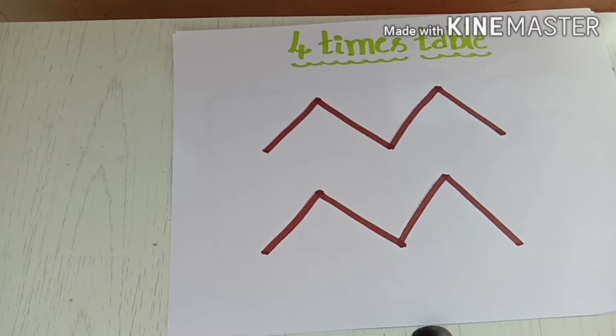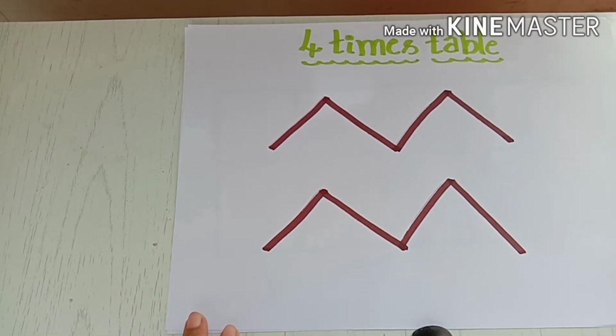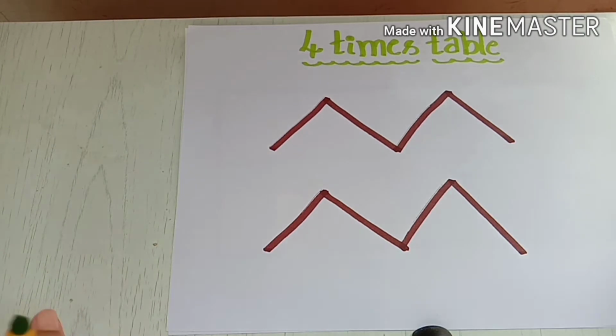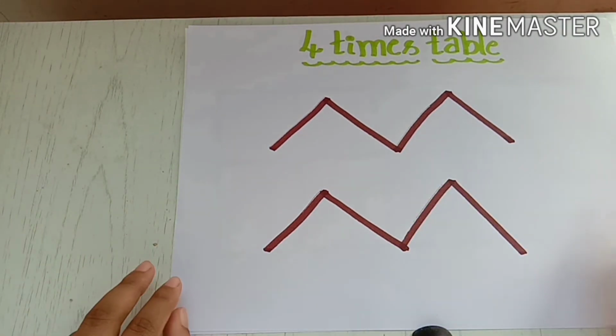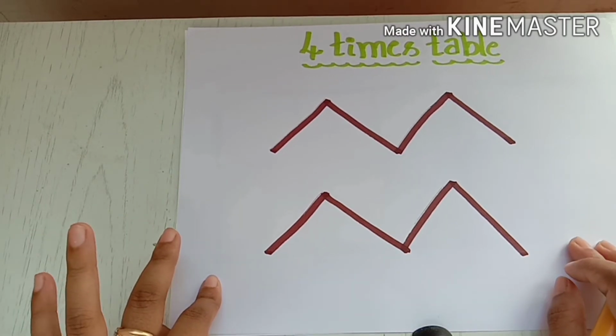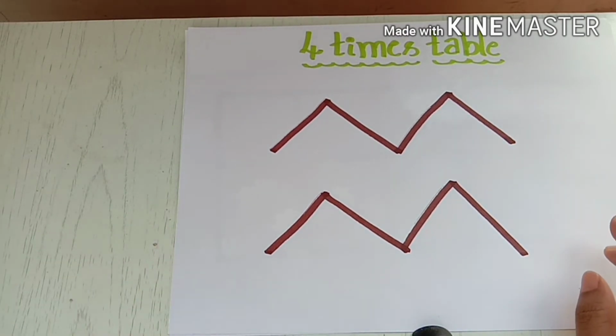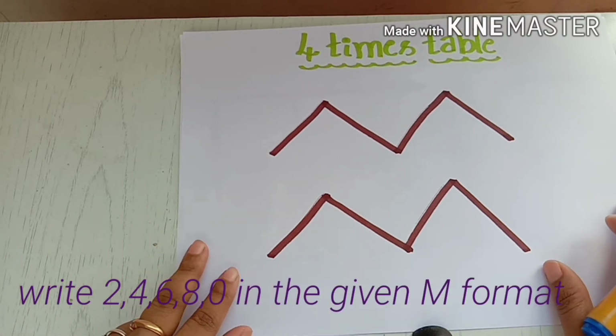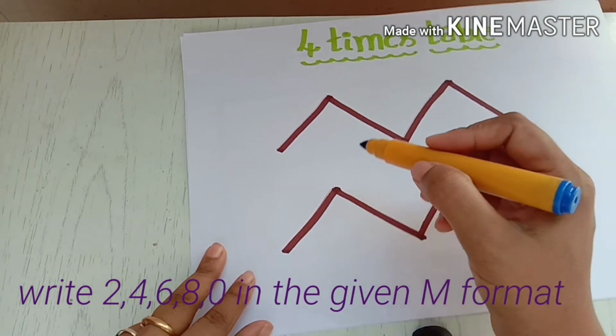I'm going to show you the 4 times table now. For this, I don't need any table here. I just want 2 W's or 2 M's, whatever you can learn or whatever you can understand, you can see that. So now, here, I'm going to write down all the even numbers in the zigzag way. So here